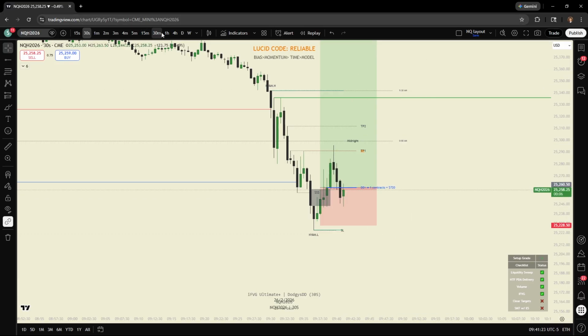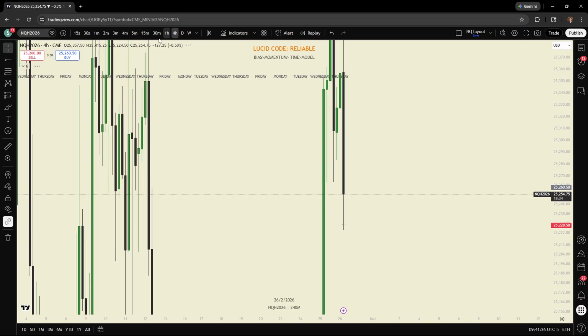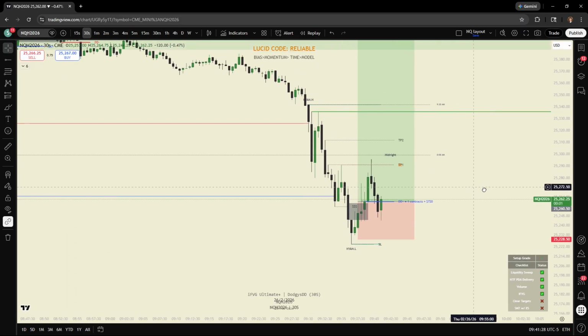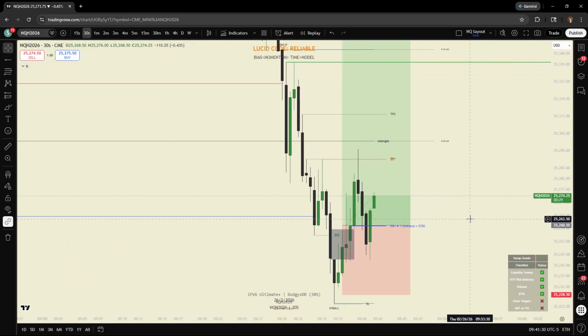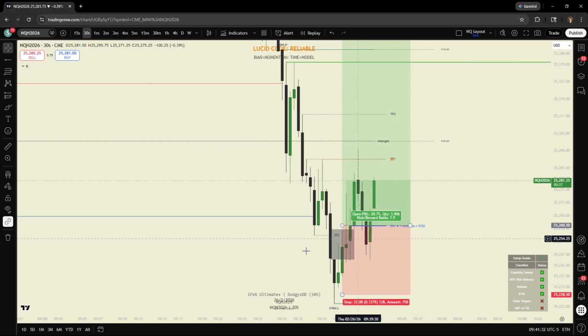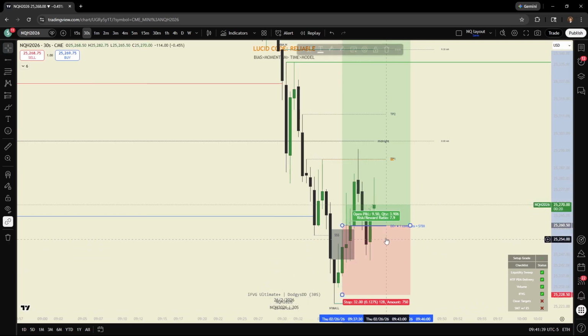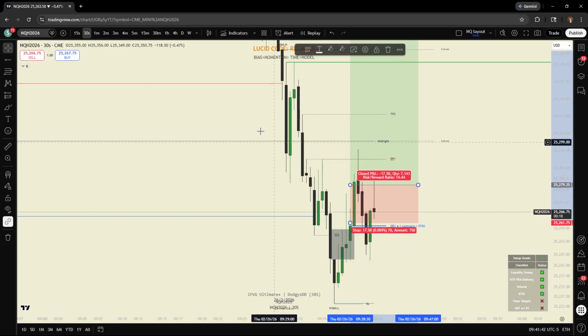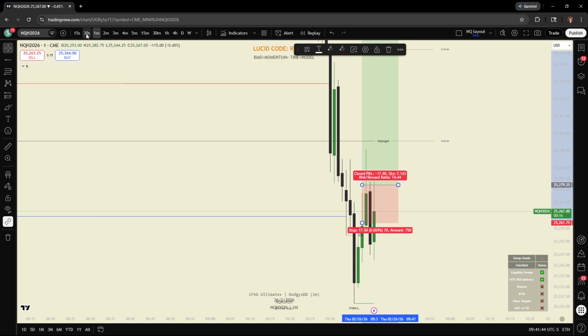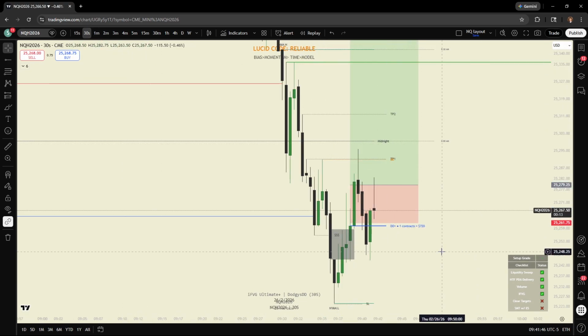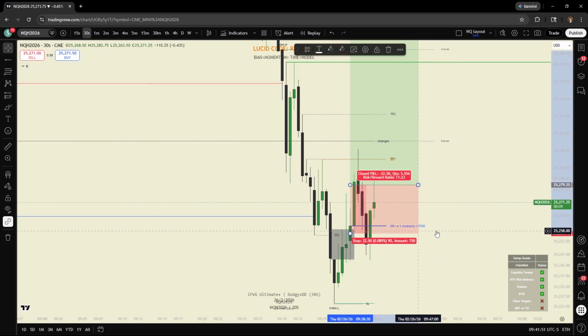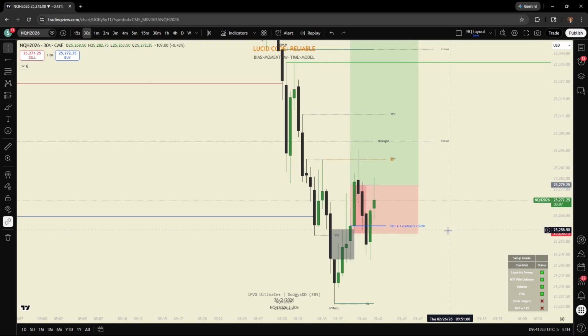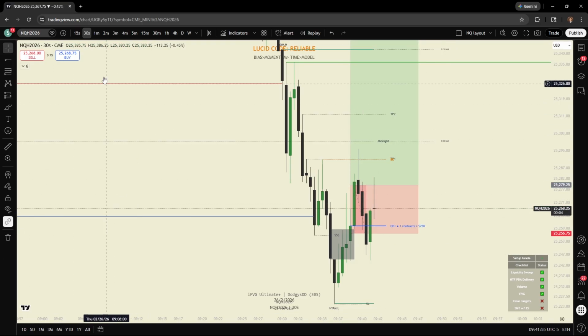And whenever you have a setup that has the higher time frame behind you too, it usually goes for more points. Yeah, I got you. Watch the 1 minute here, guys, just for tape reading purposes, see if we get an order block off this candle. If we get an order block here, that'd be a pretty good sign to keep going up. It's obviously not my model, but something to tape read. We close above these down close candles we just got.